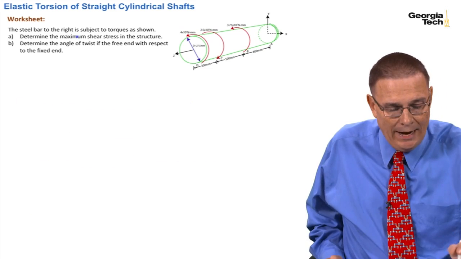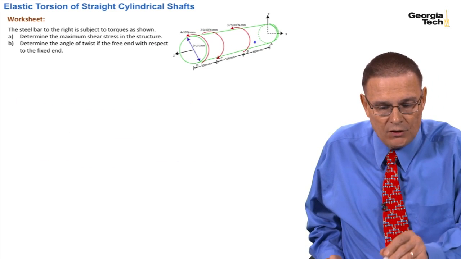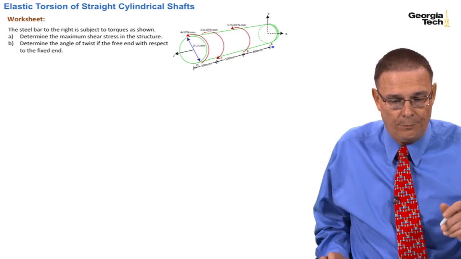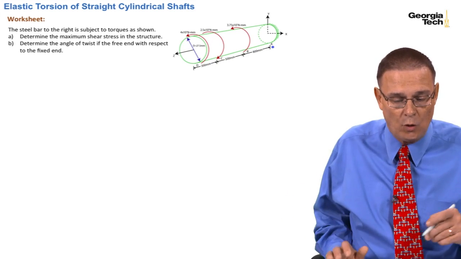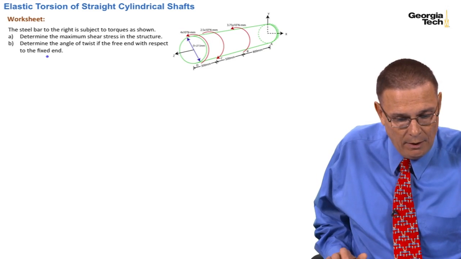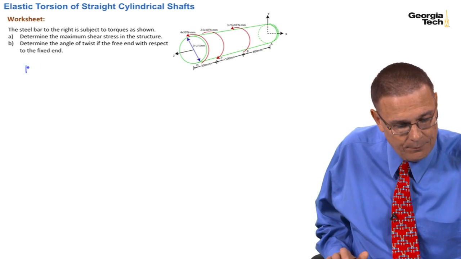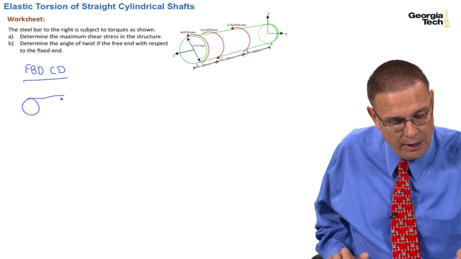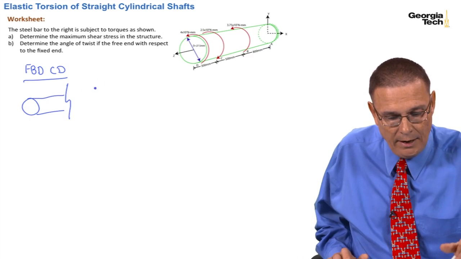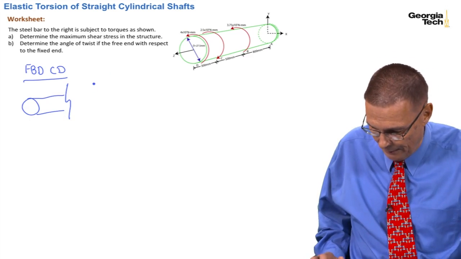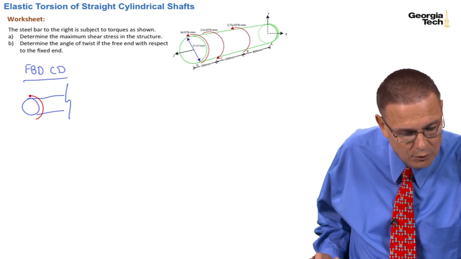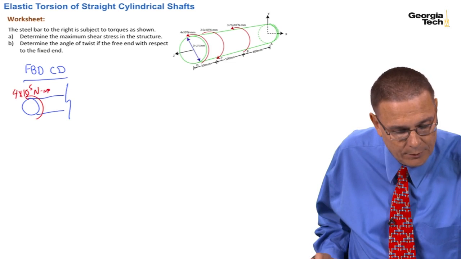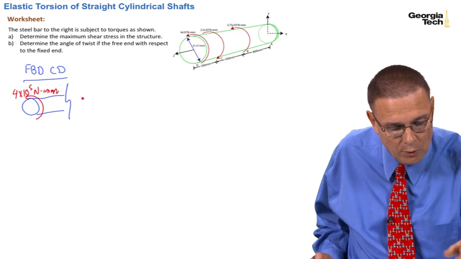So what we want to do now is we want to find which of these sections, from C to D or from B to C or from A to B, does the maximum torque occur. And so to do that, I'm going to go ahead and draw a free body diagram. Let's start with section CD. And so here's my shaft. I'm going to cut it between C and D. I've got an applied torque of 4 times 10 to the 5th Newton millimeters. And then I have my resisting torque,